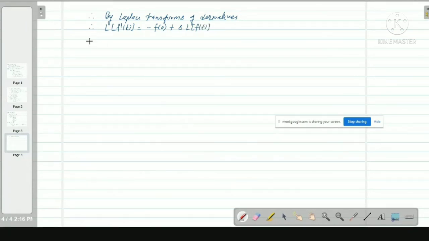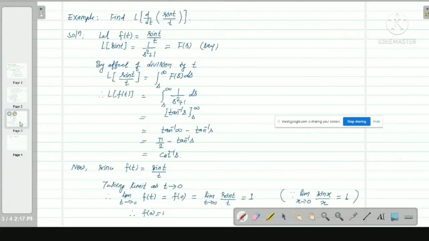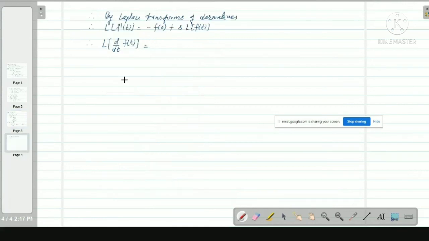This can be written as the Laplace transform of d by dt of f of t. So this equals minus f of 0, and f of 0 we found is 1, so this becomes minus 1 plus s